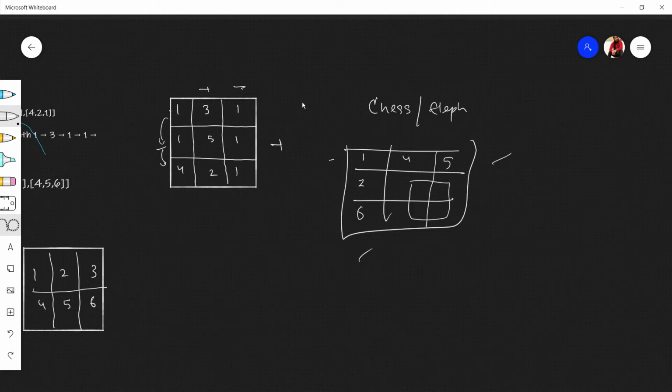Now the interesting thing starts from here. I told you that you can only come from left or you can only come from the top. So if you want to arrive in this box, what are the two ways you can arrive? Either from top or from left. There is no way to arrive from diagonal or from down or from right, because these are not allowed. The only two ways you can come are this way or this way.